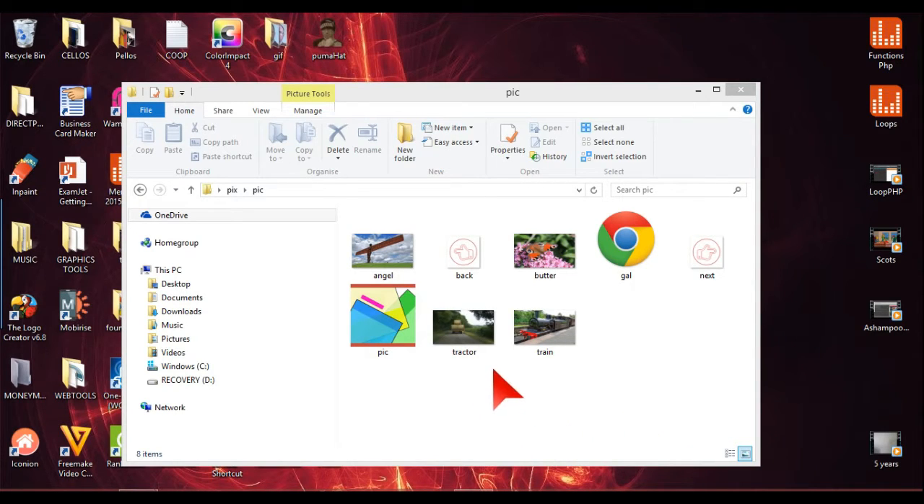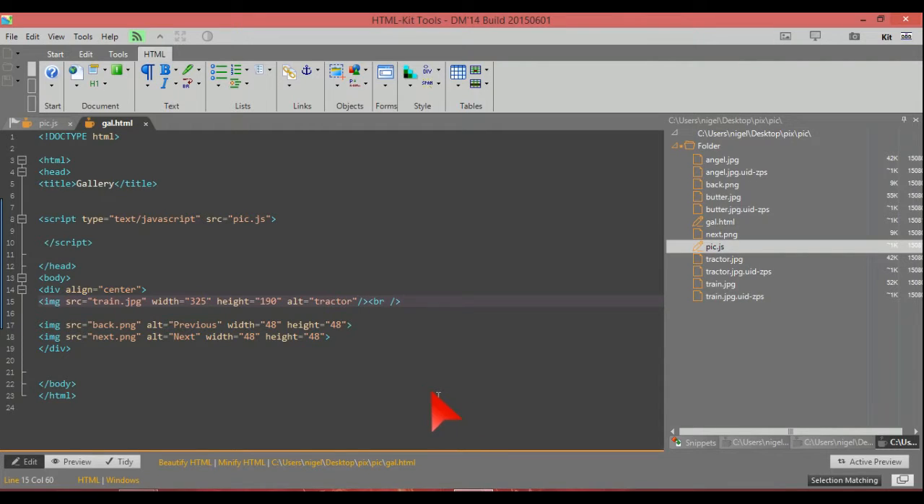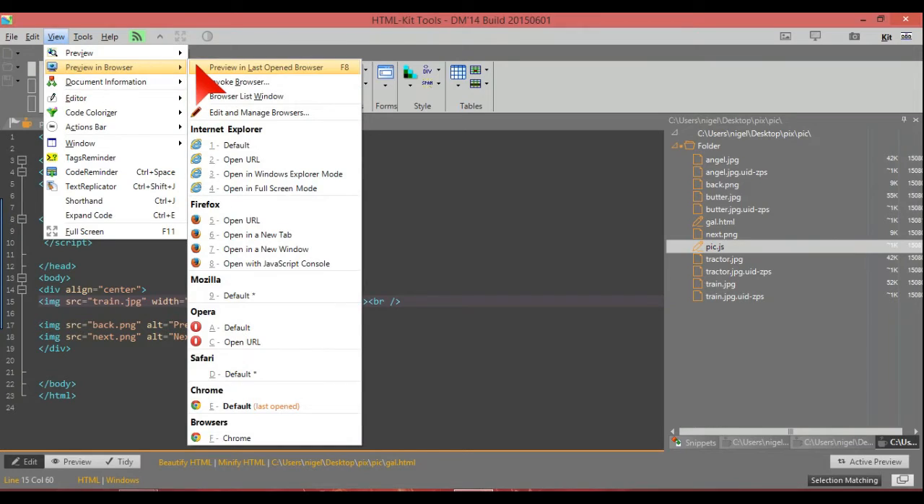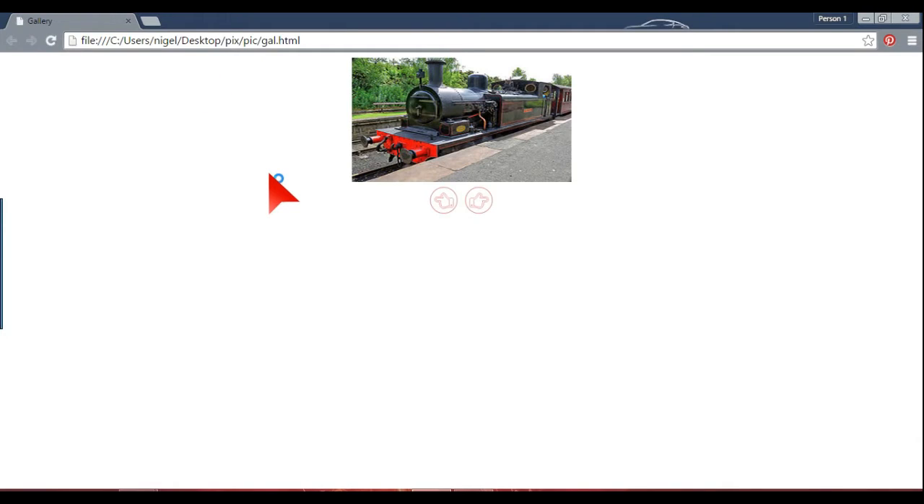This video is going to be about doing an image gallery in pure JavaScript. This is the folder I've got with the files and the images I'm going to use. I've already put these into the editor, and this one is gal.html and pic.js. We'll just preview that, and this is what we have: just HTML, which is a train and the back and